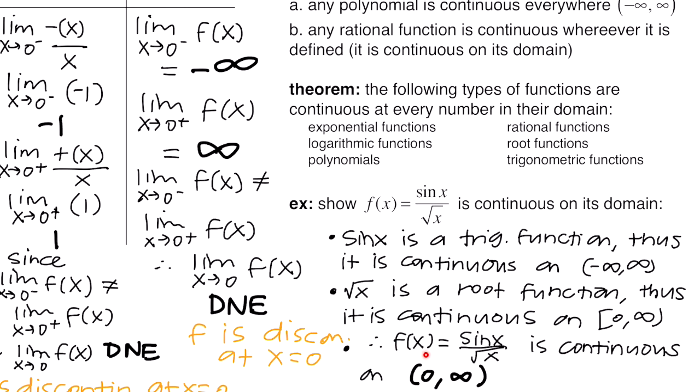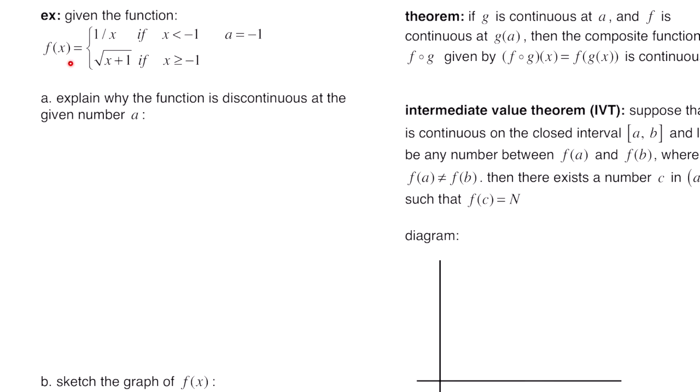And then finally, we have the entire function sine over the square root of x is continuous on the open interval from 0 to infinity. So I made sure not to include 0 here because square root of x is in the denominator and you can't include 0. This example says given the function, we have f of x equals this piecewise function, and the